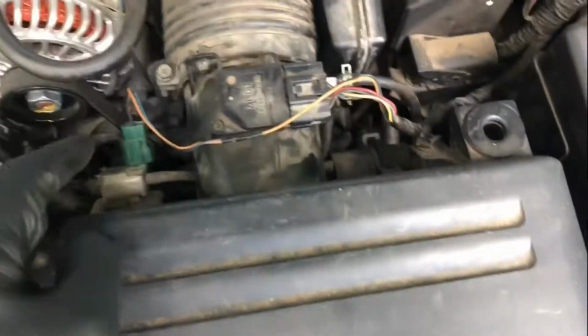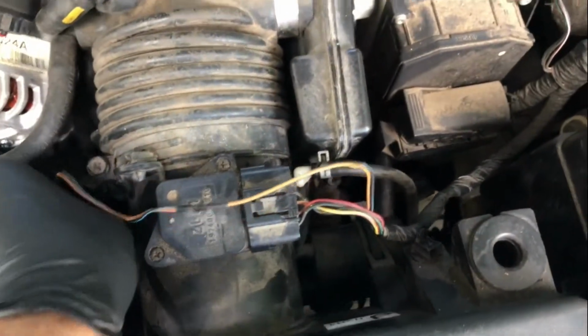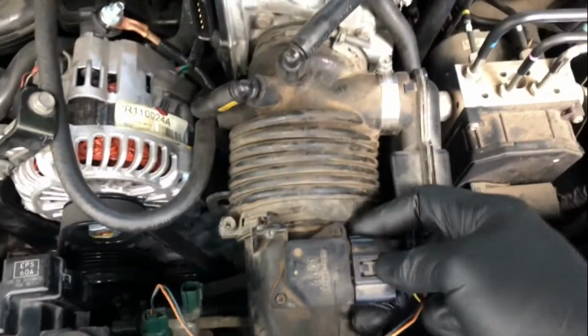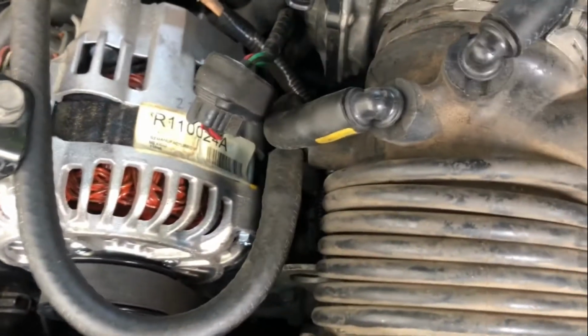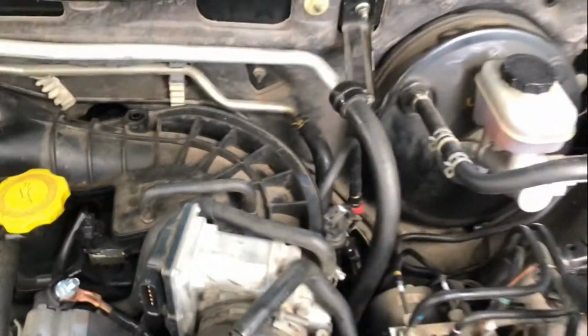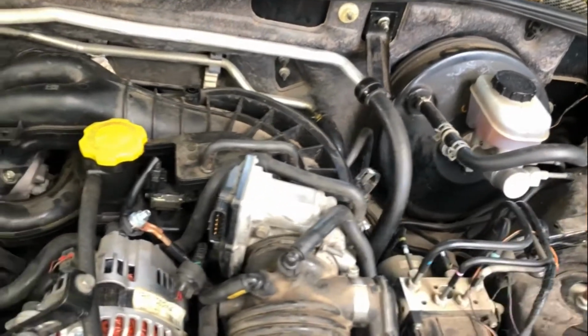Then we're going to go ahead and remove any electrical connector associated with the intake or the mass airflow sensor and the air box cleaner, because primarily that's where we're going to be working. And just move everything out of the way. Any vacuum lines that are hooked up to the intake as well need to be removed. Your booster,